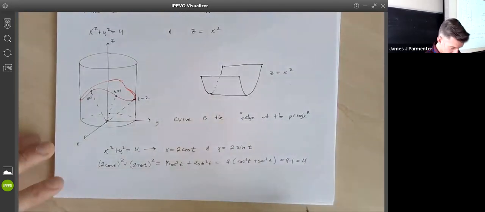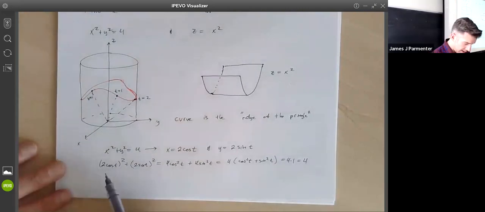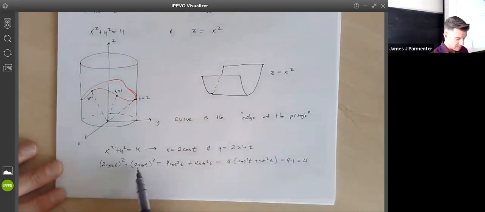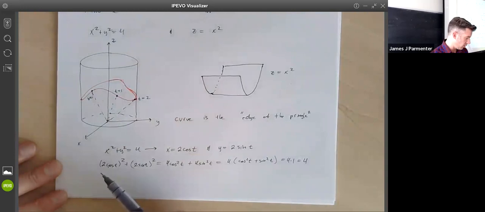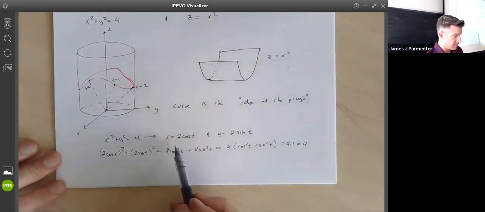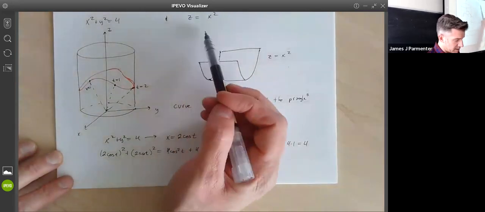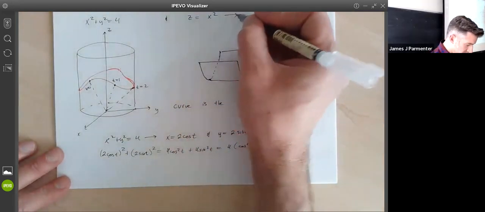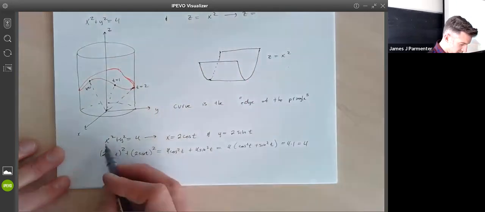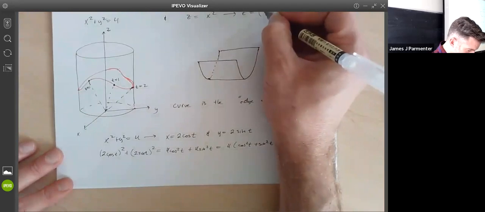So it definitely satisfies this equation. T can be anything. And x being 2 cosine t and y being 2 sine t will always make this equation work. So then we know what x is in terms of t, we know what y is in terms of t, and we know what z is in terms of x. So now I'm going to substitute in what my parameter for x is. So z is x